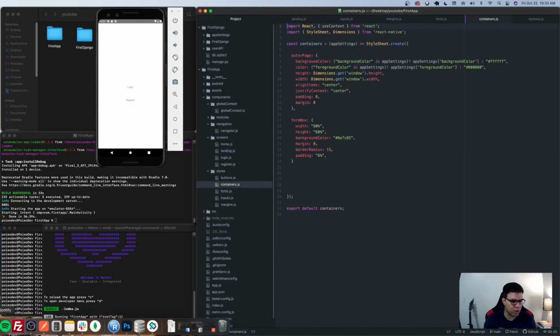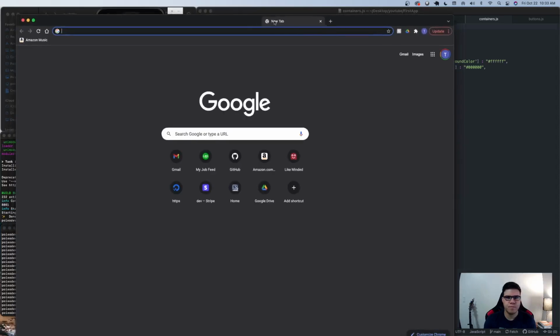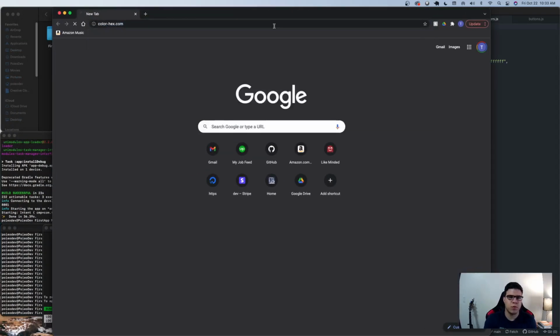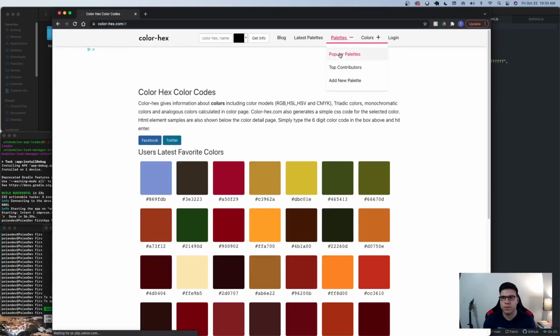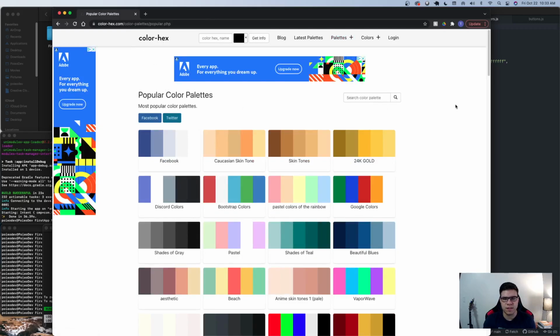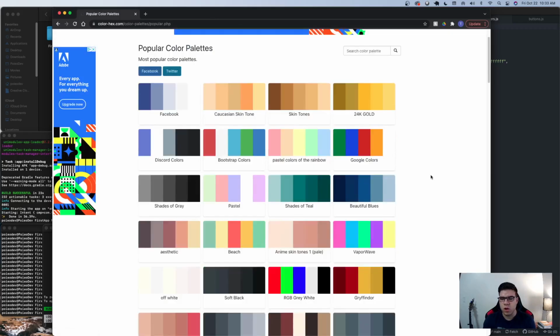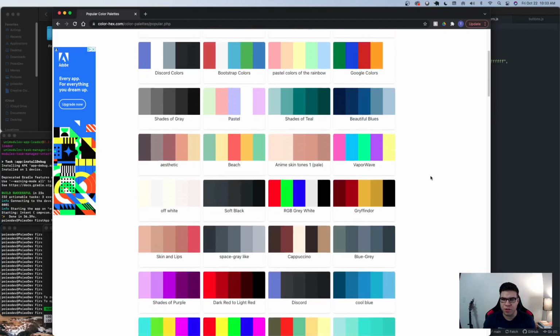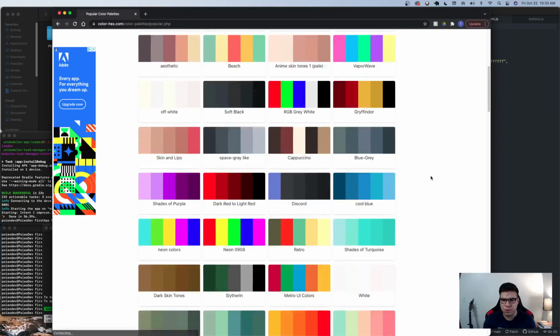So really quick, we're going to pick out a, let's see, it's Color Hex. We're going to pick out a palette to use for this app. Let's go to popular palettes. This is one of my favorite sites for like palettes and colors and all of that. And for this application, let's go with,